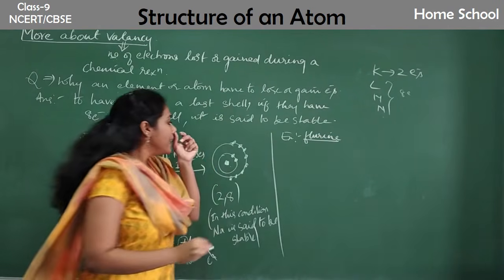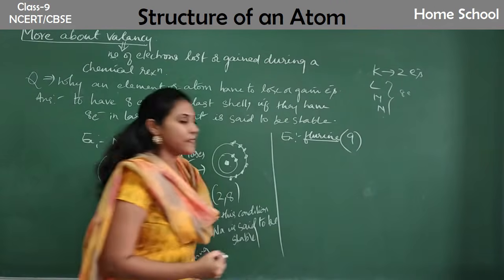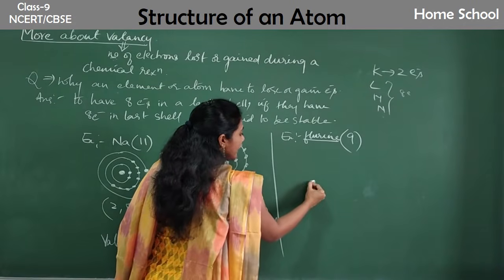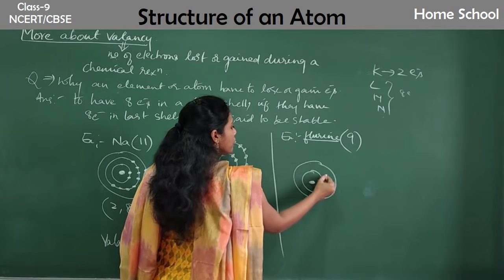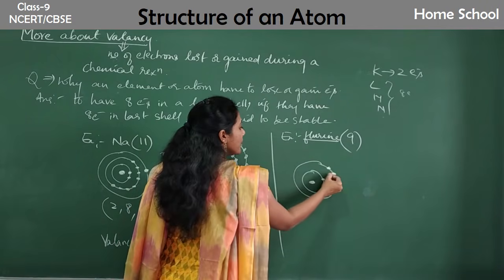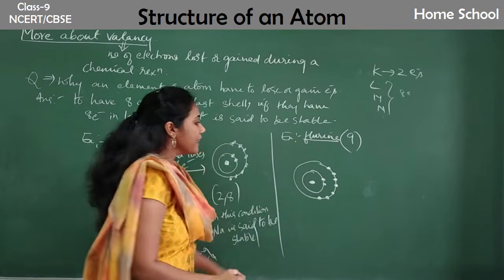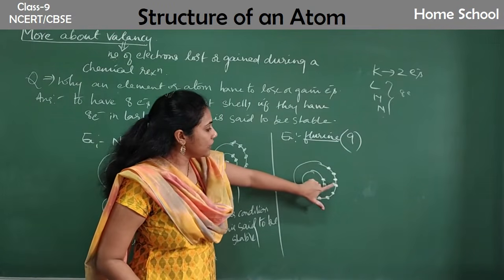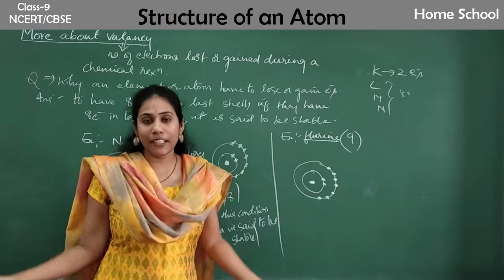Fluorine. Okay. Say the atomic number of fluorine is 9, guys. So can you write the electronic configuration? First write its structure. First shell 2 electrons. Second shell, how many will you show? Out of 9, 2 are over. So the remaining is 7, you will show it in the second shell, isn't it? 4, 5, 6, 7. Right? Say how many electrons are there in the last shell? 1, 2, 3, 4, 5, 6, 7. Right? To become 8, it wants 1 more electron.